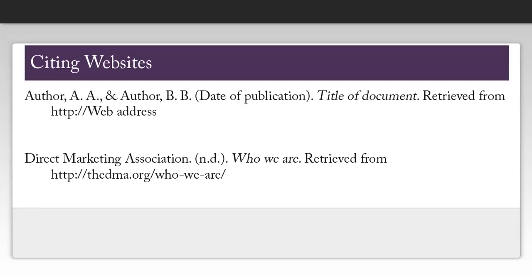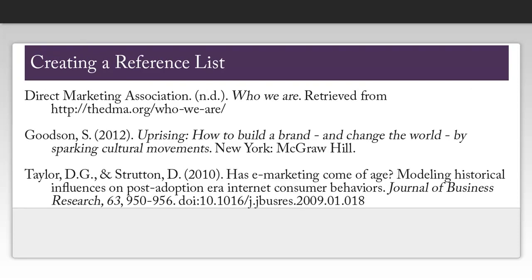Now we can create our citation. If you have a corporate author, you'll want to capitalize every word of their name and avoid using the short form, in this case DMA. If you don't have an author, you're going to put the name of the web page first, then the date, and then the link. You'll notice that because I didn't have a date for this particular page, I just put ND for no date.